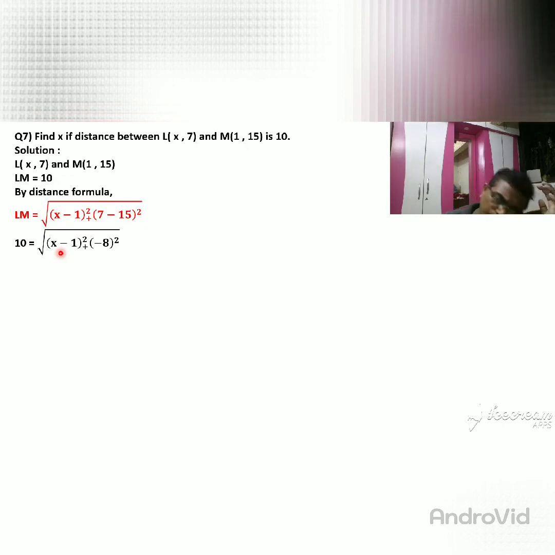So instead of factorization, we can take square root of this. So (x minus 1) bracket square. So what is the square root? x minus 1. Okay. Minus 8 bracket square. What is the square root? Minus 8. So square both sides here. So they are doing the square of that. So 10 square is 100. (x minus 1) bracket square, it is square root that square.